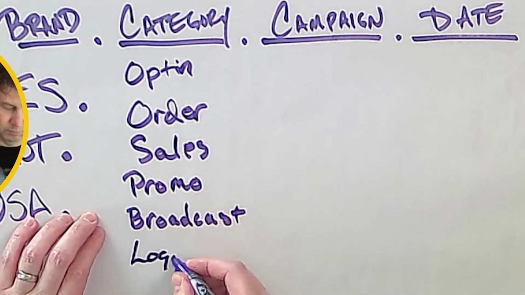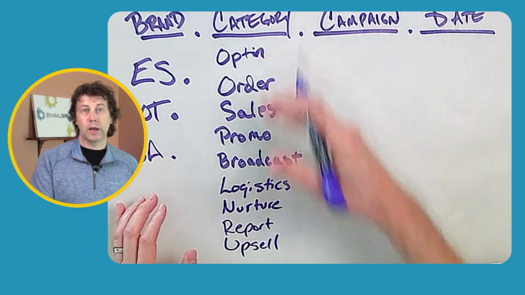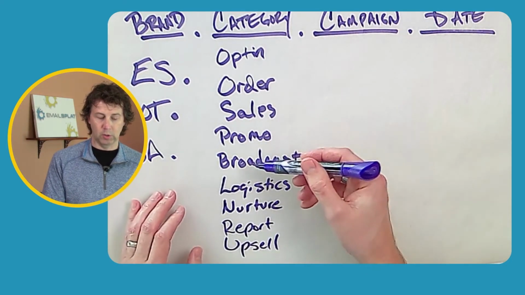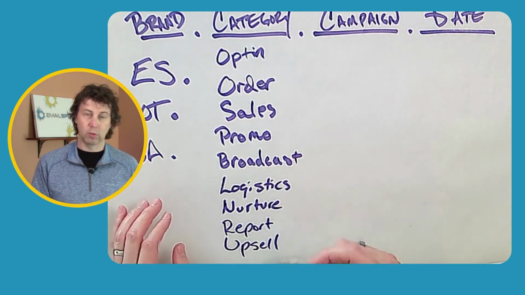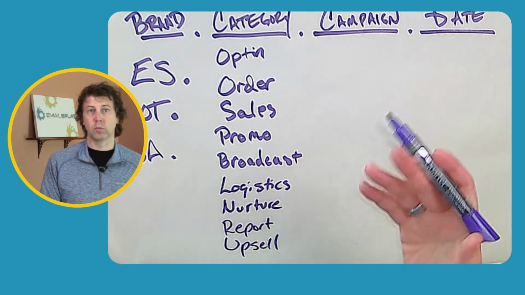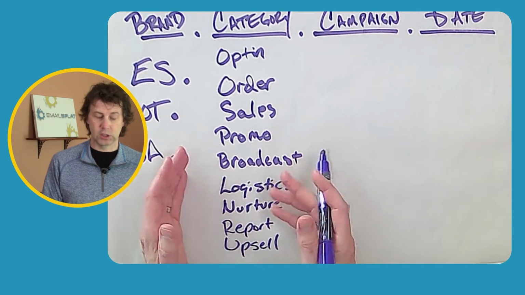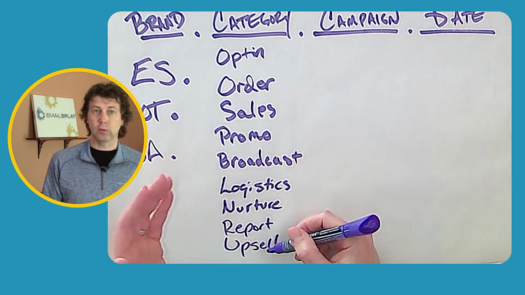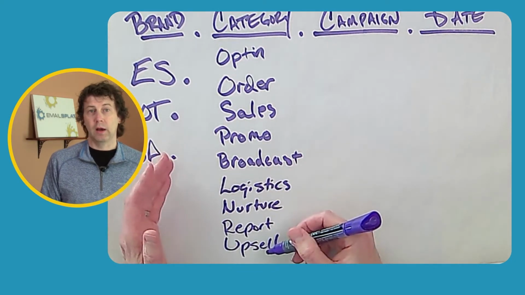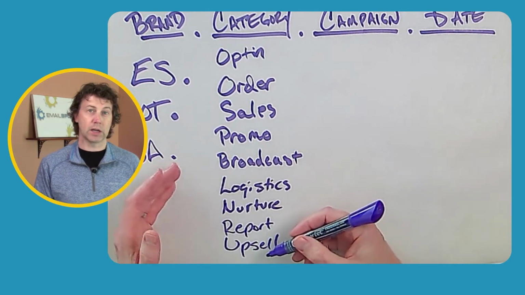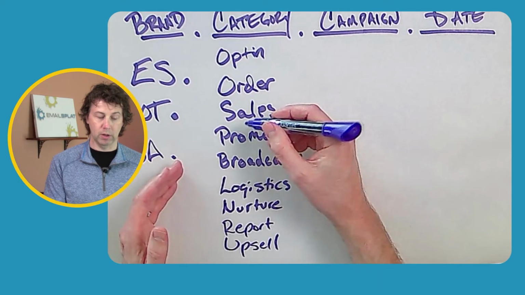So here we have most of the categories I use: opt-in, order, sales, promo, broadcast, logistics, nurture, report, upsell, and one I didn't put on here, checkout. Some of these I only use for certain functions, like upsell and checkout. Those are pages or forms would be a possible place for those. I wouldn't necessarily have an upsell or a checkout campaign because that would probably be part of a sales or